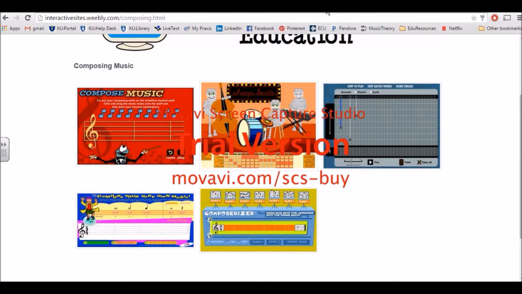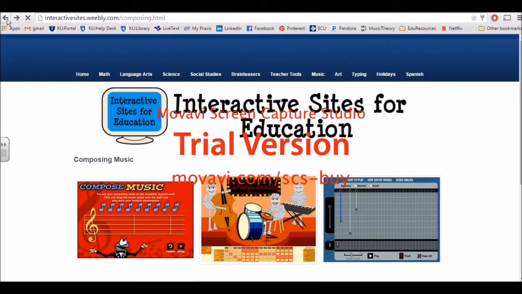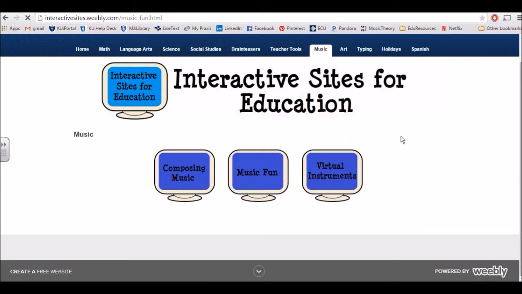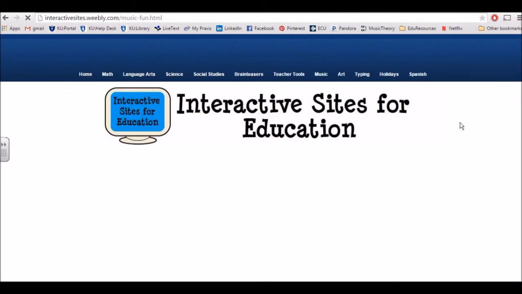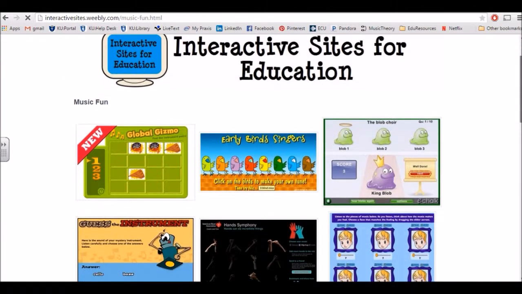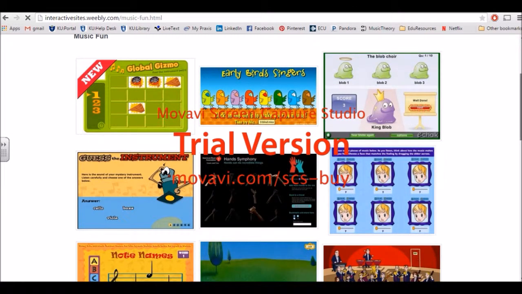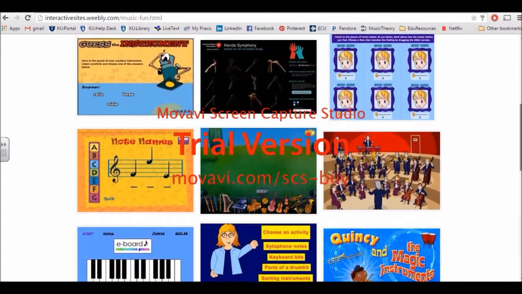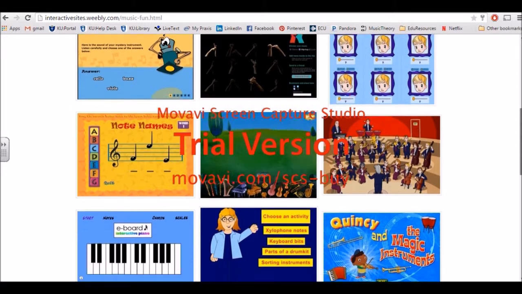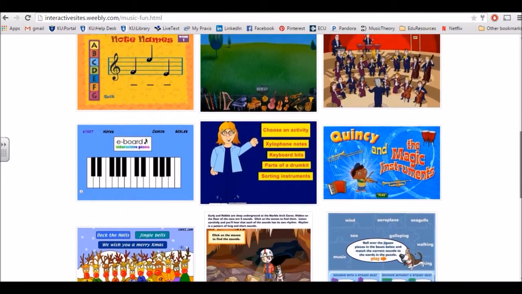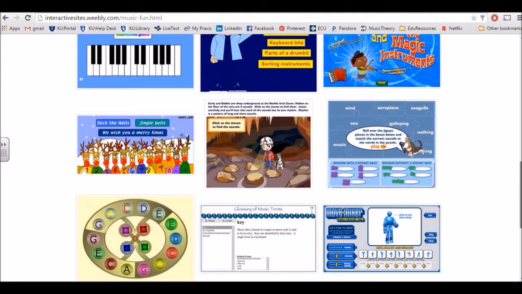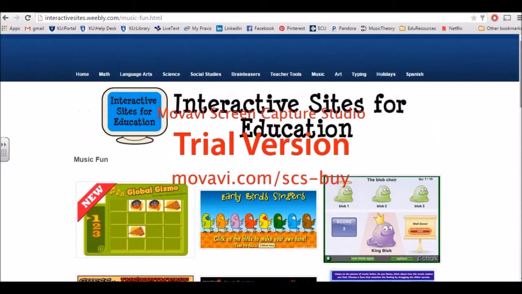Going back to the site, then we can have these other 4 options that we can do for composition. Now, if we were to look under virtual instruments, for example, under music fun, then we have multiple options of different areas of music, all the way from naming and labeling notes to building an orchestra or an ensemble, naming the notes on a keyboard, etc., etc. These are all fun. They're games, but they're fun programs that students would enjoy doing, and it would help reinforce materials taught in the